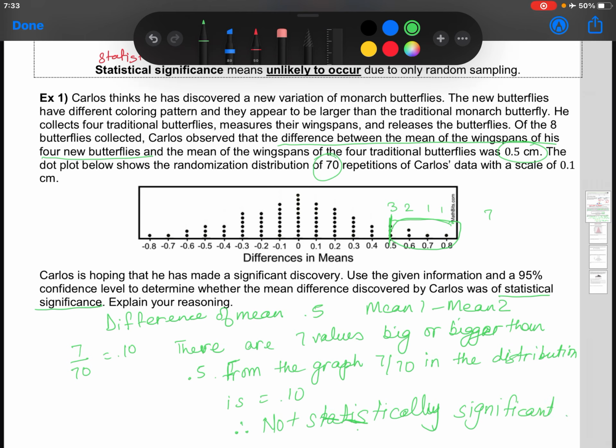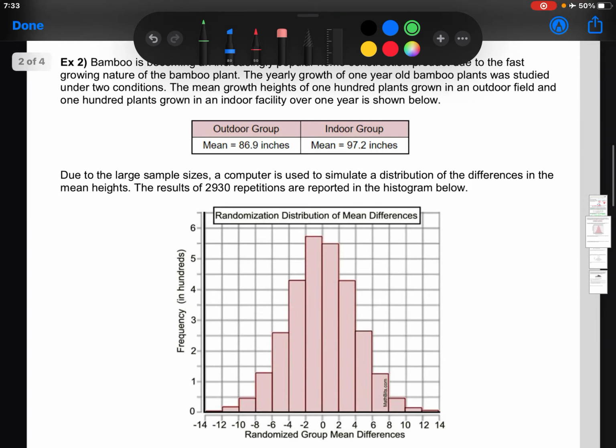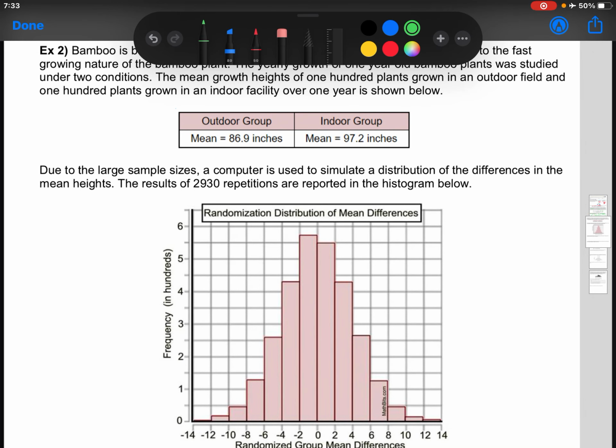Okay, are we good? So let's try another one. In this question, it's saying bamboo is becoming an increasingly popular home construction product due to the fast-growing nature of the bamboo plant. The yearly growth of 1-year-old bamboo plants was studied under two conditions: the mean growth heights of 100 plants grown in an outdoor field and the 100 plants grown in the indoor facility over 1 year is shown below. So you're given the mean of the two groups,